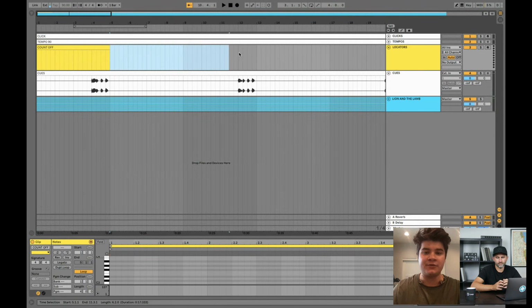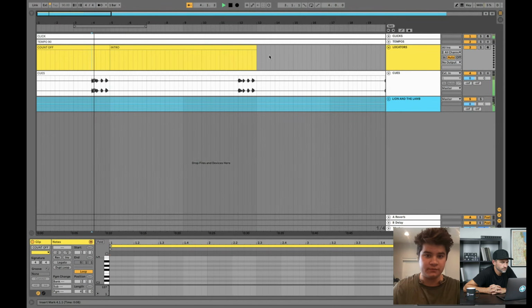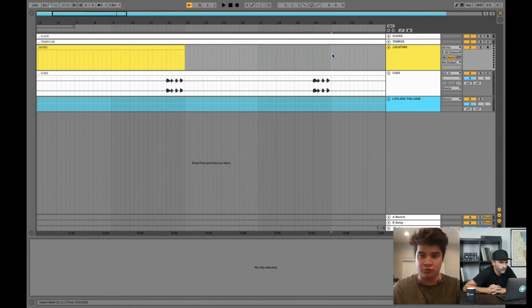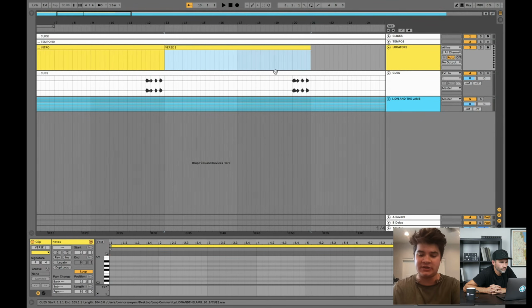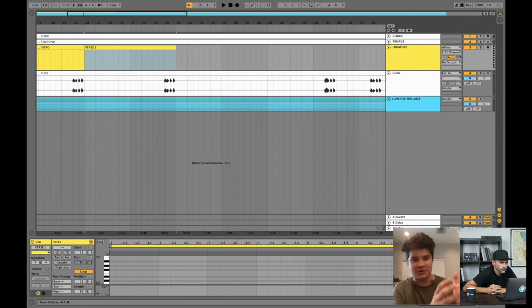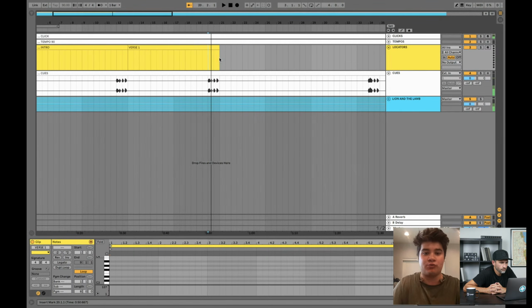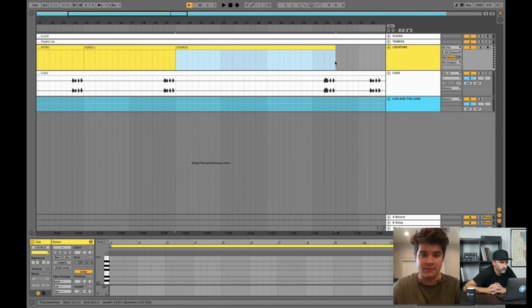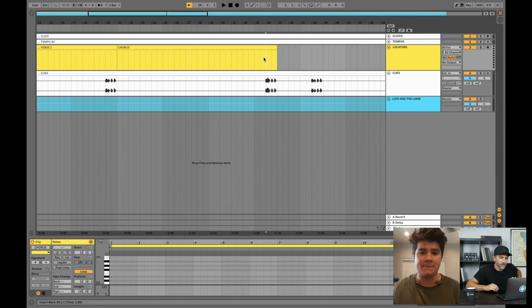And I'll do that for every single section. So this is my intro. Intro. Verse 2. This is my verse. And I will go through and I'll rename all of these sections. It sounds super time consuming, but it's really not. Something I've started doing is I kind of race myself. I'll start the song, and as it goes, I'll program everything out. So in reality, it'll only take me about 3 minutes. And the really cool thing is, once you do this one time, you don't have to do it again. And I'll show you how, and I'll show you what. Yeah. You know what I used to do?